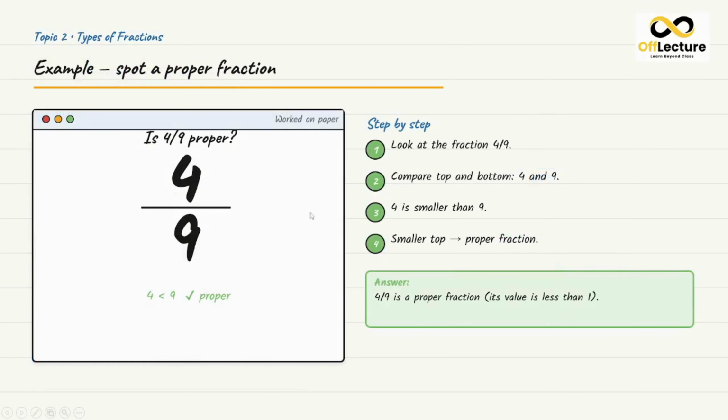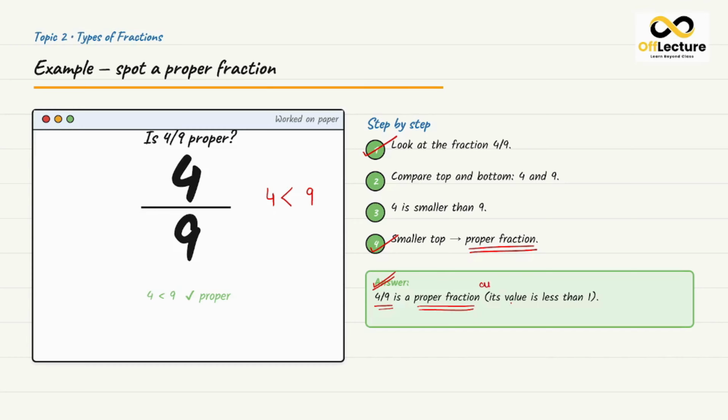Now let's understand with an example. Is 4/9 a proper fraction or not? We can check it step by step. First look at the fraction 4/9. Compare top and bottom, 4 and 9. So we will write 4 here and 9 here. 4 is smaller than 9. Yes, a smaller top means it's a proper fraction. So the answer will be yes, 4/9 is a proper fraction